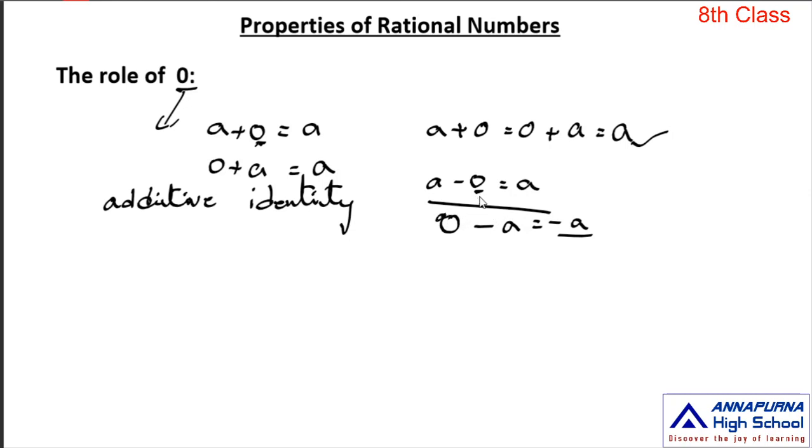That means if you subtract any number from any number, we don't get the same number as the result. This is not possible. So with respect to subtraction, we don't have any identity number. Okay, so only 0 is the identity number with respect to the addition operation. That's why we call that 0 the additive identity. And this additive identity exists in the collection of rational numbers, and it is also the additive identity for integers and whole numbers as well. Okay, so this is the fourth property.